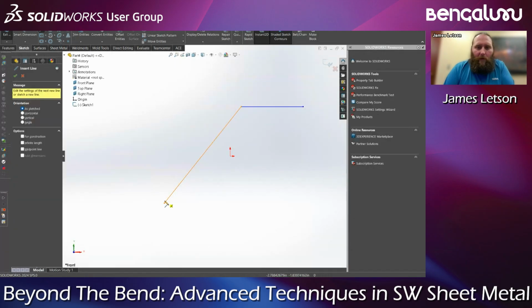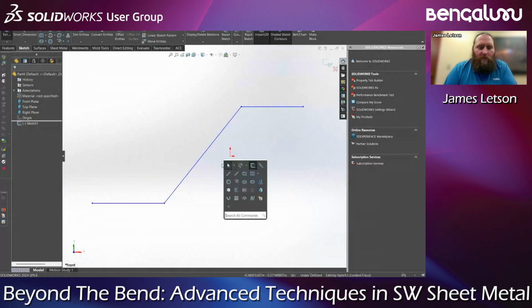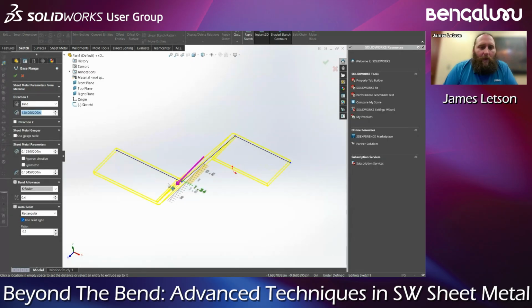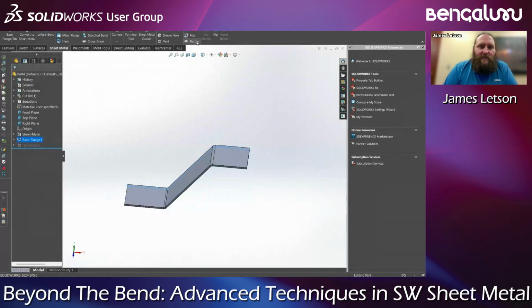Horizontal, and then we'll do one more line down here. So maybe this is my sheet metal part, and I do base flange, and I drag it out like this, and I create that part, right? So now if I hit this flat pattern,